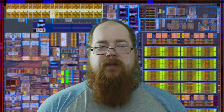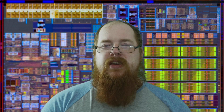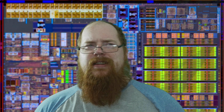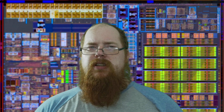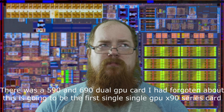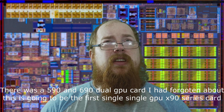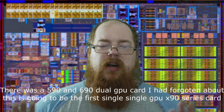It's been a long time since NVIDIA added something above the 80 Ti series cards. Those have been king of the roost really probably back at least as early as the 4 series cards. Maybe even earlier than that. No, I think we had a 285 dual GPU card. But